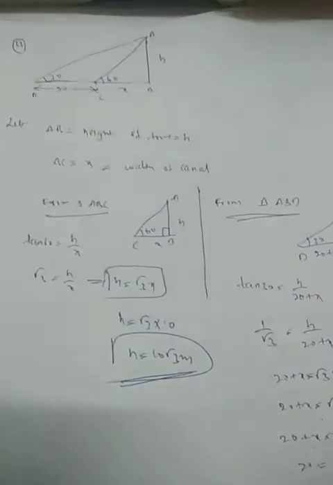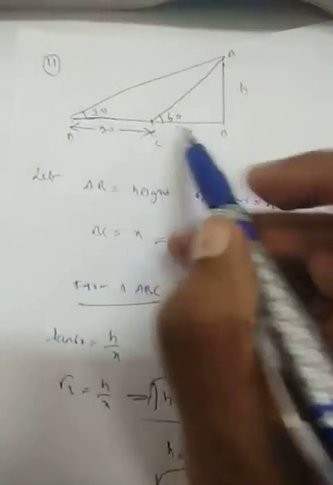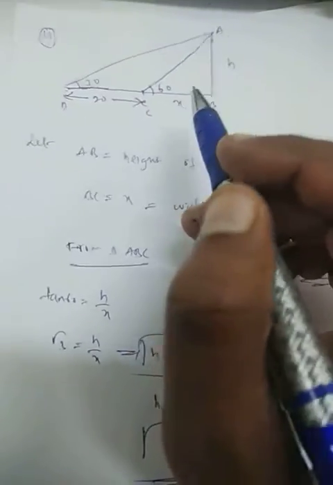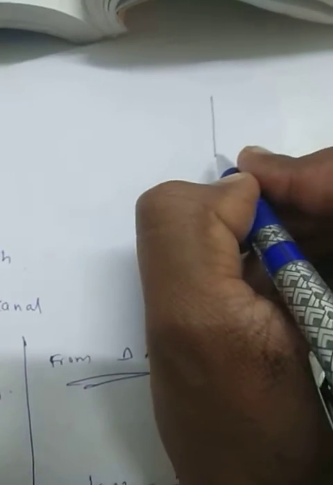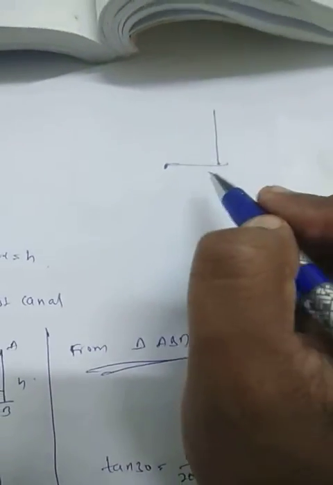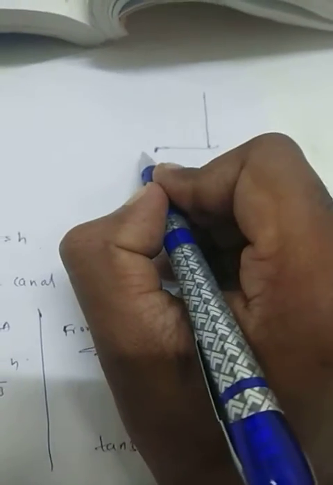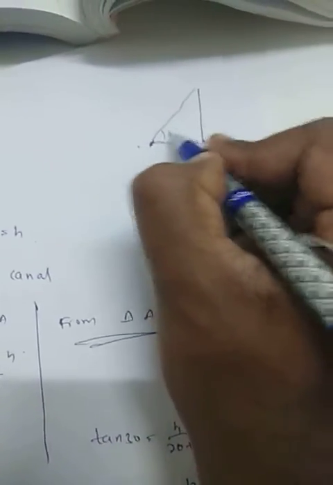Height of the what we call this? Tower. So the figure they have given, if they won't mention figure also, we should be in a position that we need to draw the figure. So if they don't have figure, what we have to do? See, a TV tower stands vertically on a bank. This is a bank, so you need to consider, and this stood vertically like this. From a point on the other bank directly opposite to the tower, the angle of elevation of the top of the tower is 60 degrees like this.